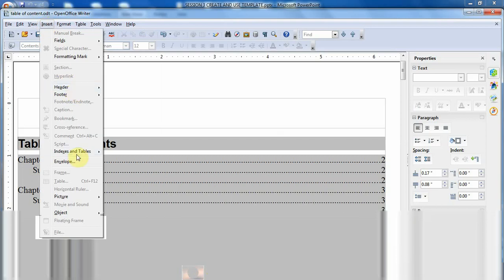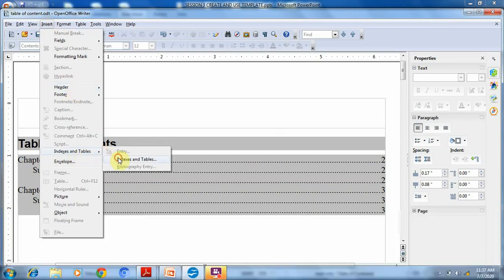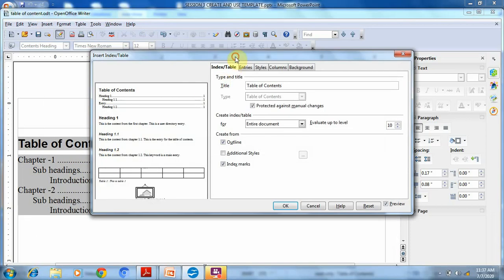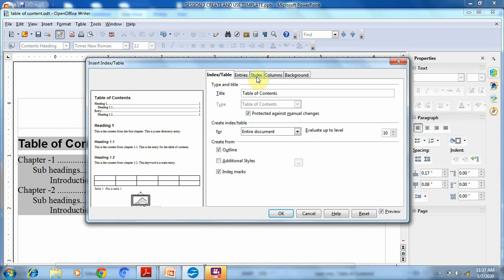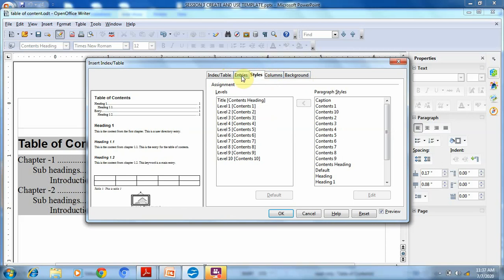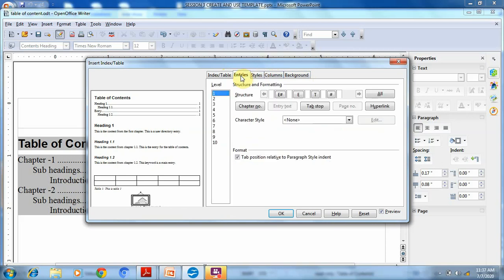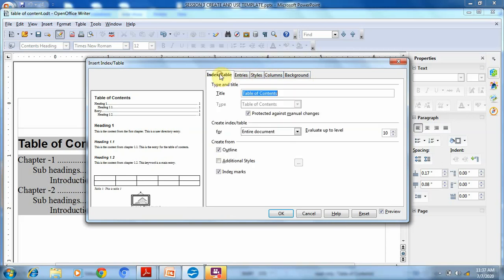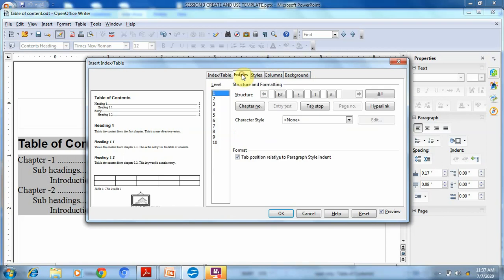Go to Insert, Table and Index, then this. See, in the Type tab there are 5 types available: Index and Table, in which you can set the title of the table, that we have done. Then the Entries tab,